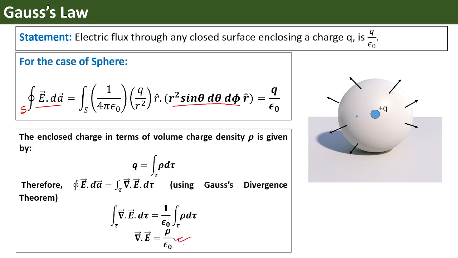All right. So what we need to take away from this topic is that if the total charge enclosed by a surface is q, then the flux out of this closed surface is q upon epsilon naught. Now let us see how this helps us in determining the electric field. There is something we have to remember: Gauss's law is always true.